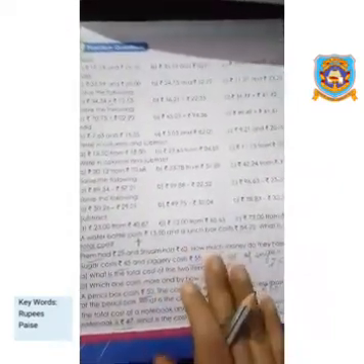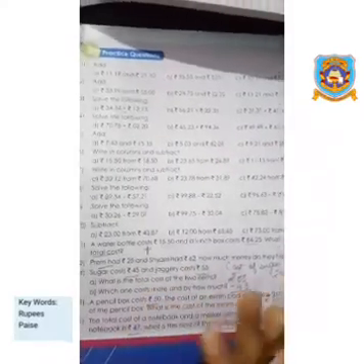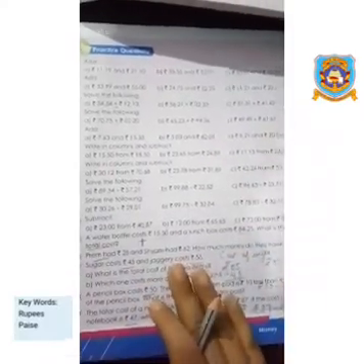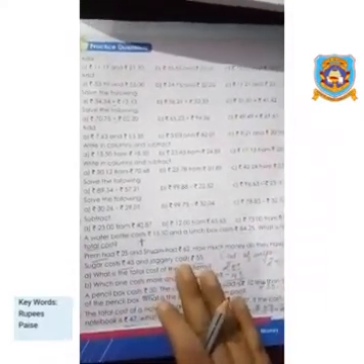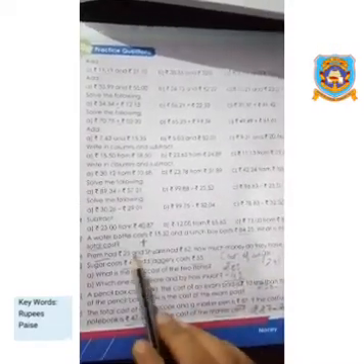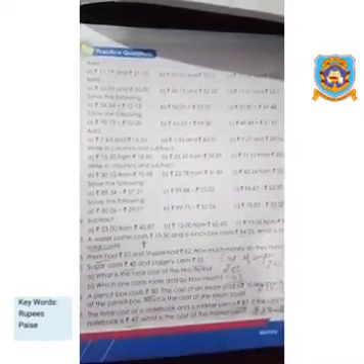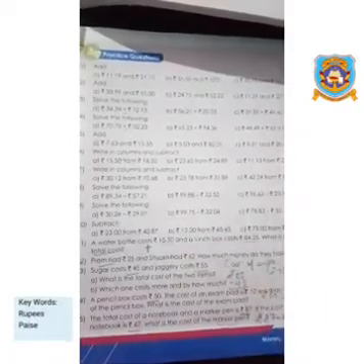So children, I have given the hints how to do these. The one thing you have to do is write the statement. I have not written the statement for these questions because I want you to practice how to write a statement, because in the exam if you don't write the statement for a word problem, your marks will be deducted. Write the statement. The statements are already given in the question. You just write it down in 2 or 3 lines and then you show the calculation.